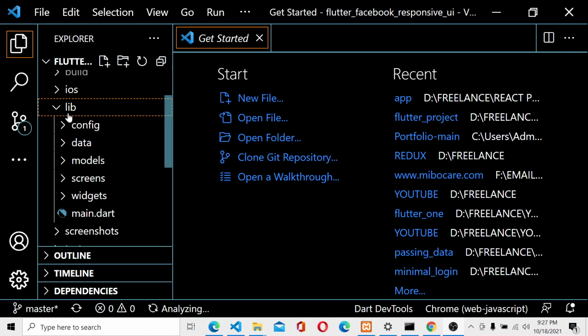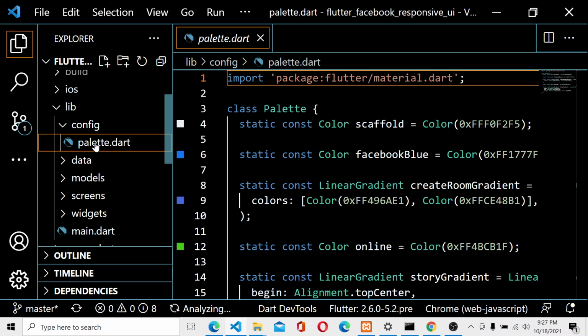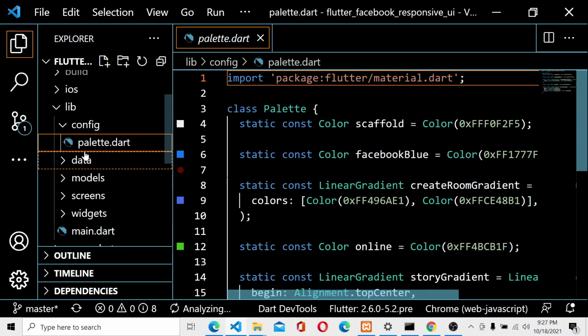This has mainly five parts: configuration, data, models, screens, and widgets. Inside the configuration, we have a palette.dart file, which mainly contains constant values.